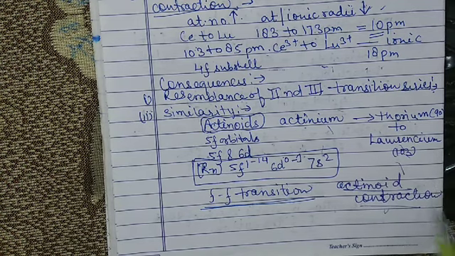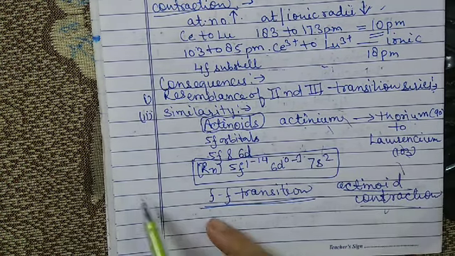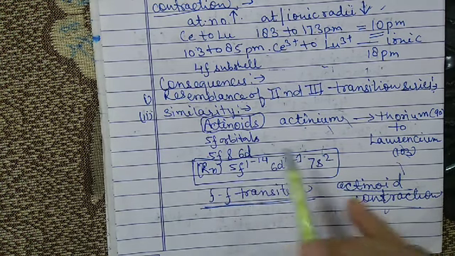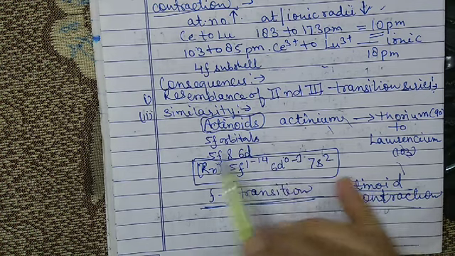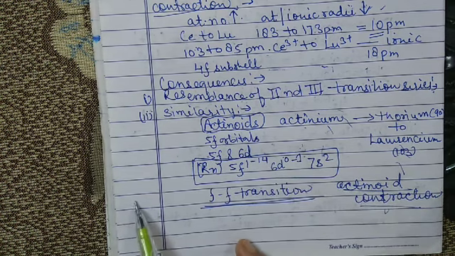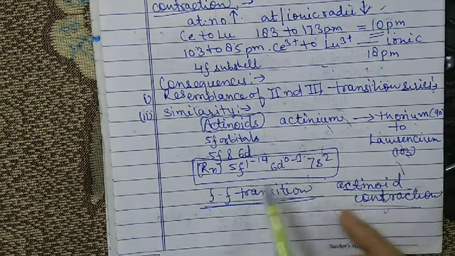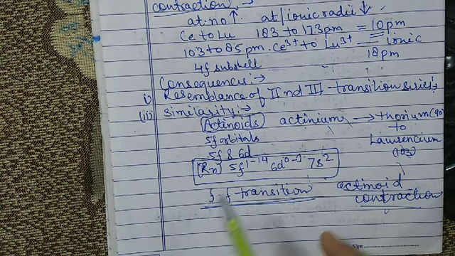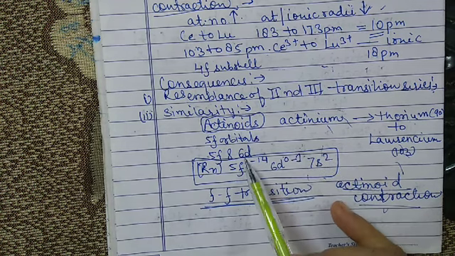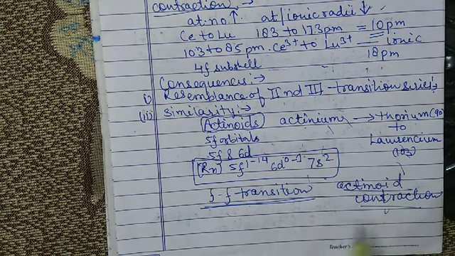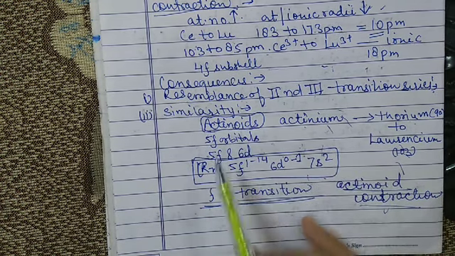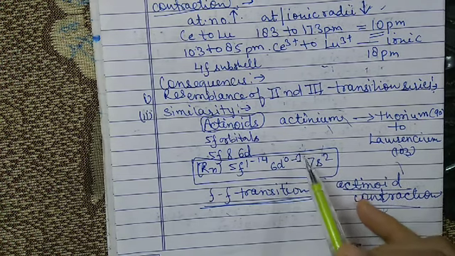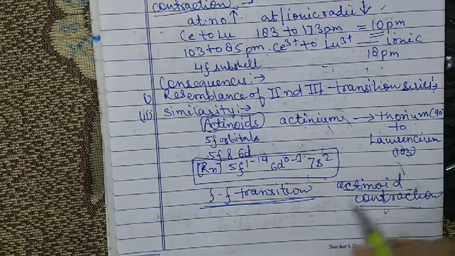It is similar to the lanthanoid contraction, and the actinoid contraction is due to the imperfect shielding of one 5f electron by another in the same subshell. As we move along the series, the nuclear charge and the number of 5f electrons increase by 1 unit at each step. However, due to the imperfect shielding of the 5f orbitals, the effective nuclear charge increases, which results in the contraction of size. That is the main reason behind the contraction in size.